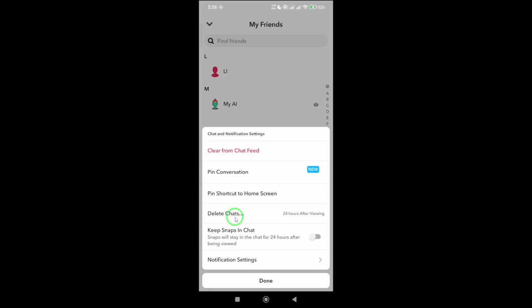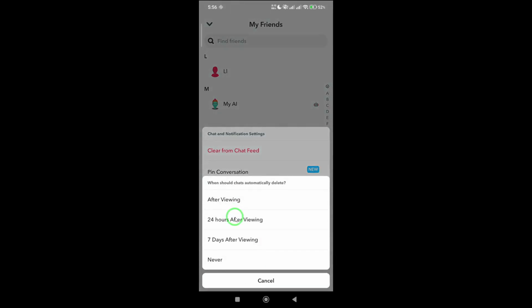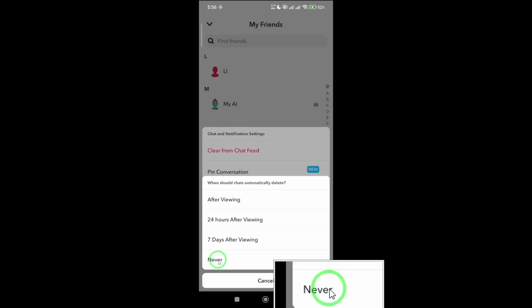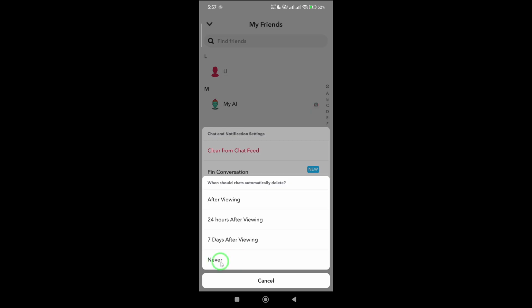Inside the settings, look for the option called Delete Chats. Tap on it and you'll see different timing options. To stop chats from disappearing automatically, select Never. And that's it. Your chats with that friend will now stay saved unless you manually delete